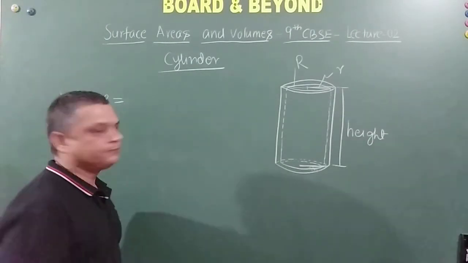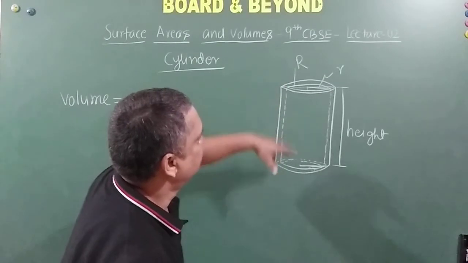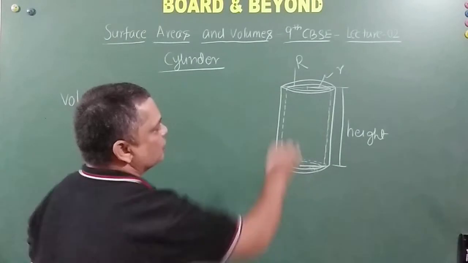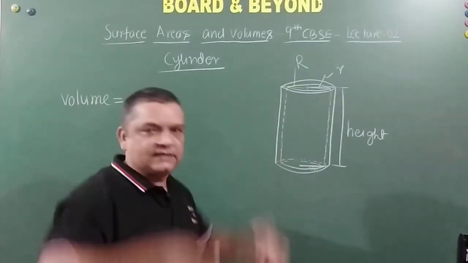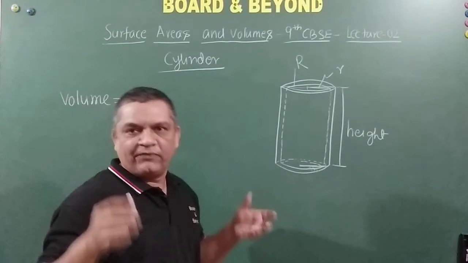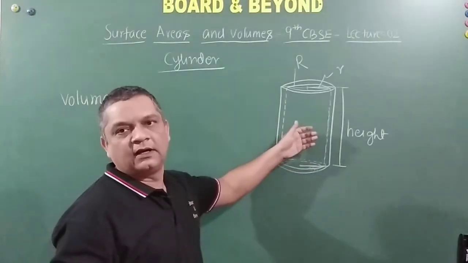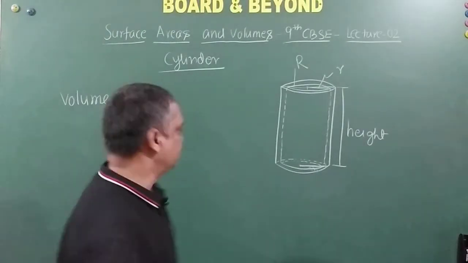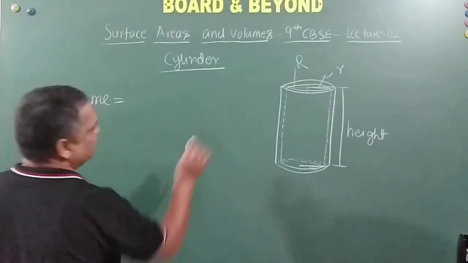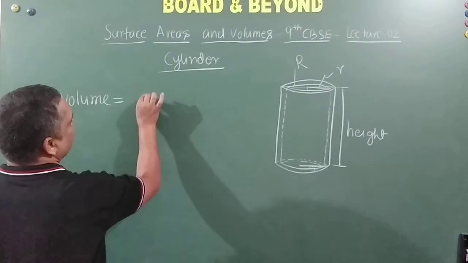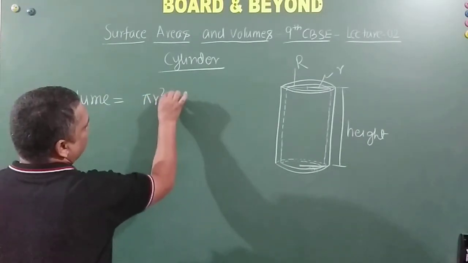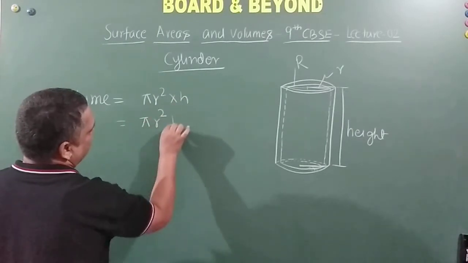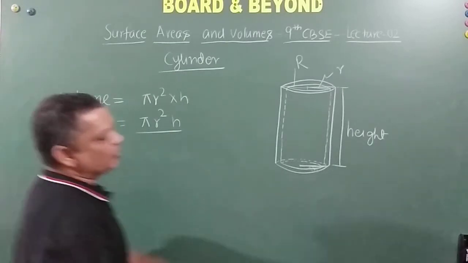Volume will be equal to, see, this inner cylinder. The volume of the inner cylinder will be the volume of this complete thing, because only in that portion can it hold, right? So what will the inner cylinder volume be? It will be pi r square into h, right friends? So pi small r square into h. This is the volume of this